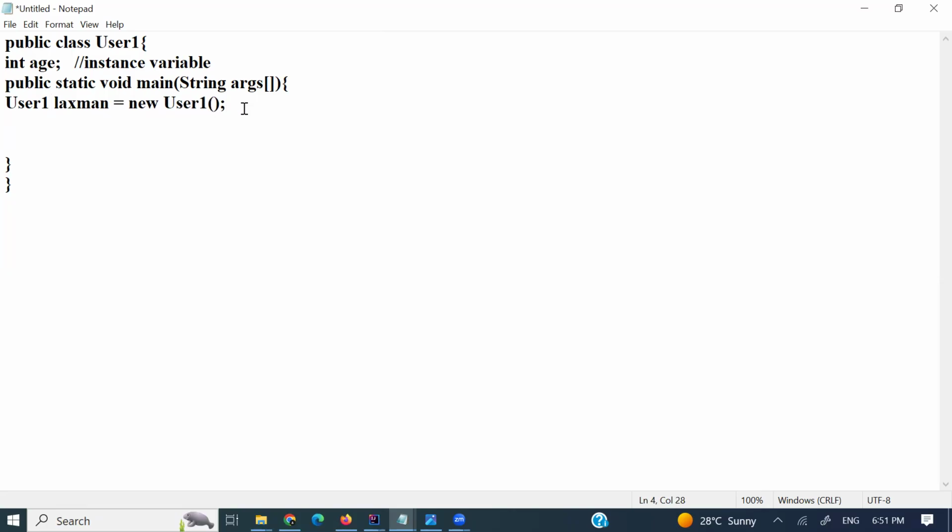Okay, you need to initialize them. You can initialize inside that, like laxman.age. Okay, laxman.age is equal to 28, like that. Like that you can initialize them. This is optional to initialize, right? If it is runtime, you can initialize them. For example,